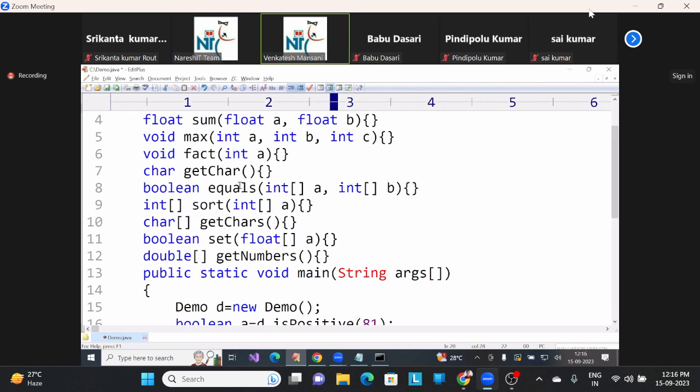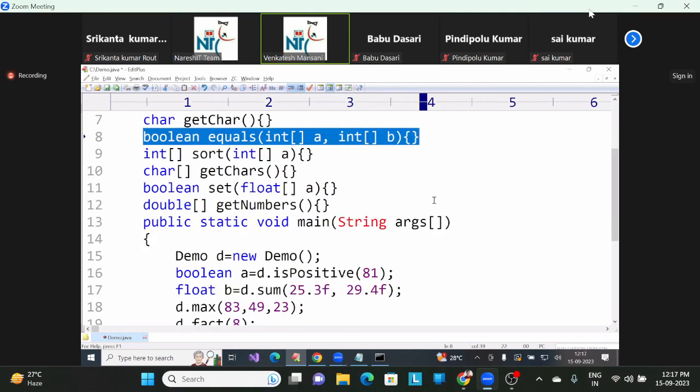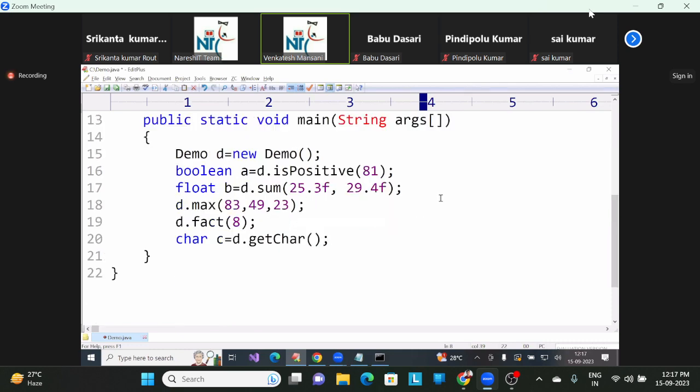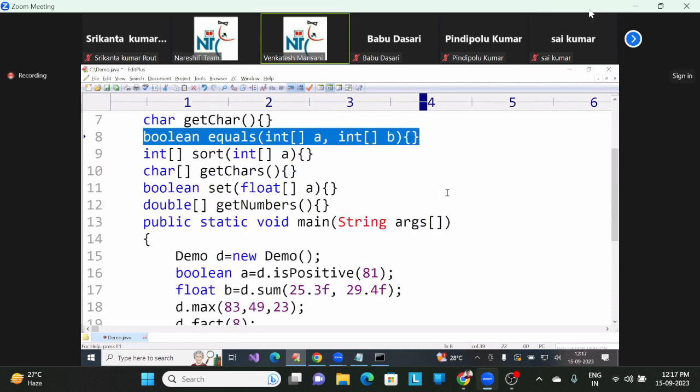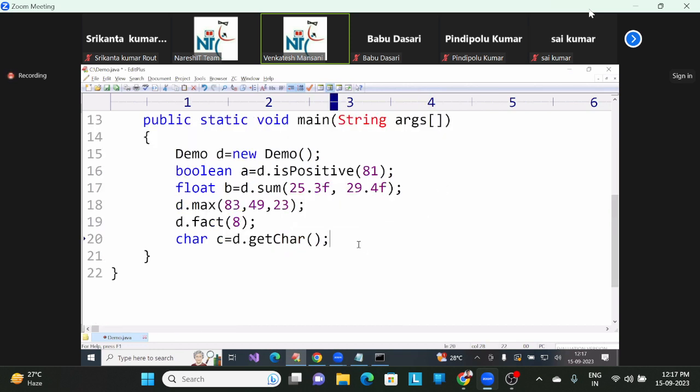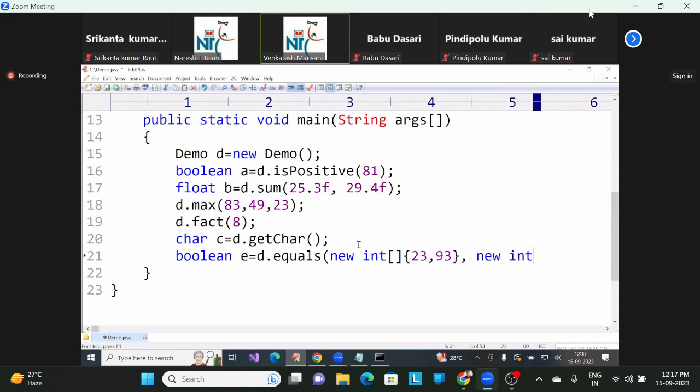Sixth one. How many arrays does it take as a parameter? Two arrays. Now, you can create arrays, later you can pass them. Otherwise, you can write them directly as a parameter. Okay. Return type, boolean. boolean something e equal to d.equals, here new int array operator. Here you can pass array elements, comma, again new int array operator like this,